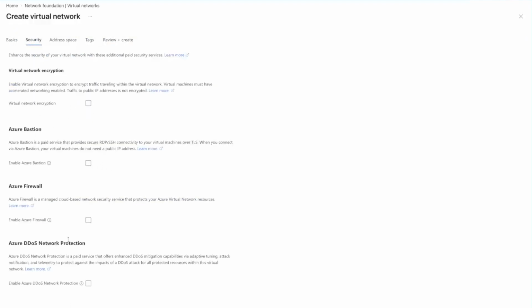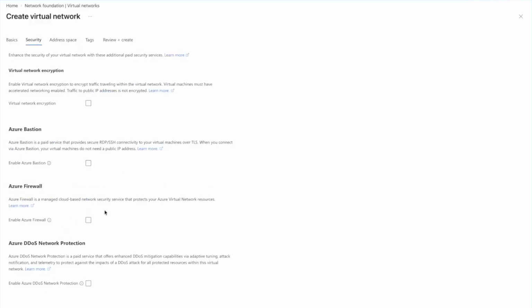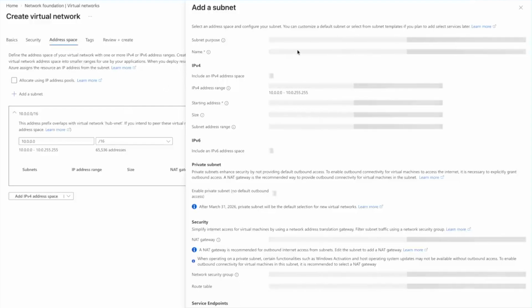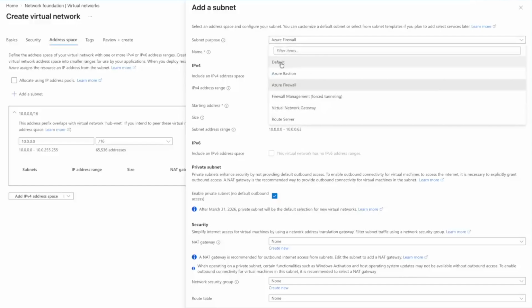I'm not running any of these on because I don't have the firewall in this subnet, but I will talk about these ones in another video. But basically, if we turn on Azure Firewall, we get an Azure Firewall subnet as well, because it needs its own subnet. Anyways, for any virtual network that you create, Azure gives you a default subnet, which we don't need, so we'll delete that one. And then we'll go over here and say add a subnet. Once again, this is the firewall subnet I was talking about earlier. Anyways, we'll come back to default,